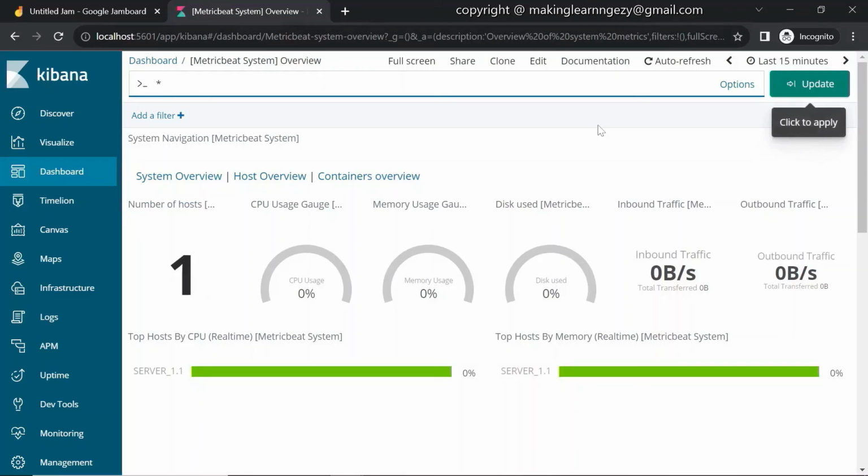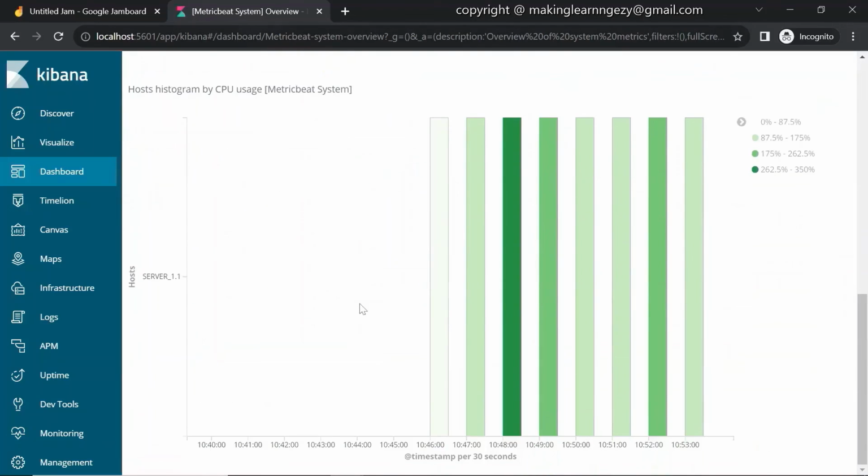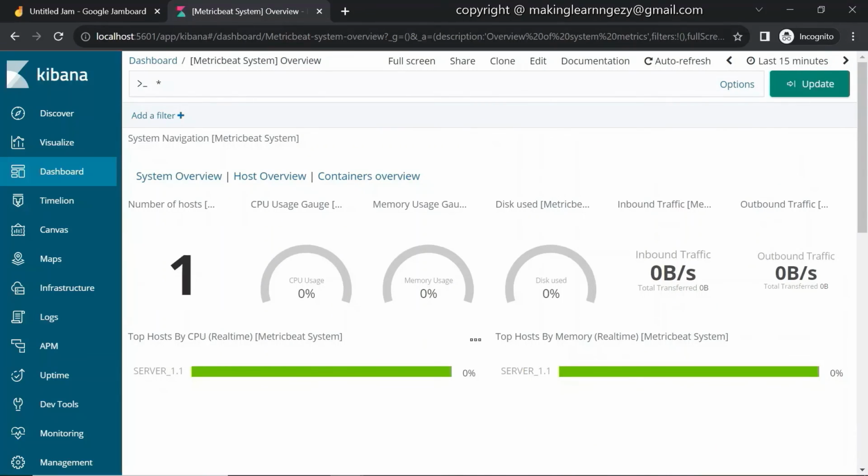So you will see something here. This is the dashboard actually. You can see the number of hosts, CPU usage, memory usage, disk used, inbound traffic, outbound traffic, top services by CPU, top hosts by memory. So this data is not present in a few sections.